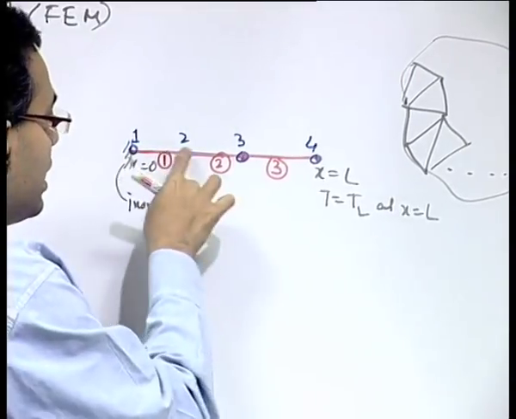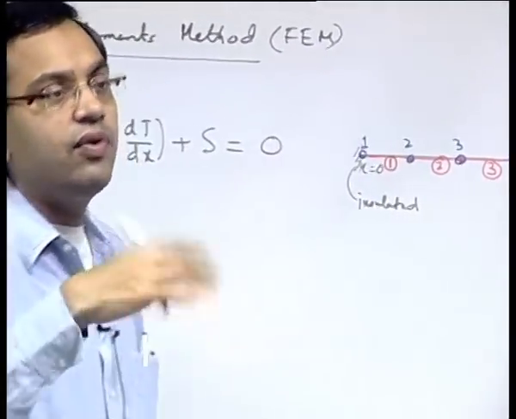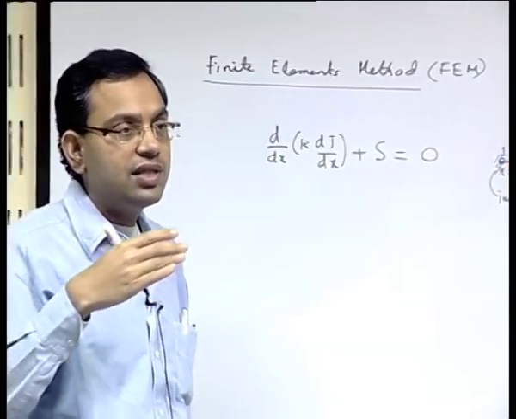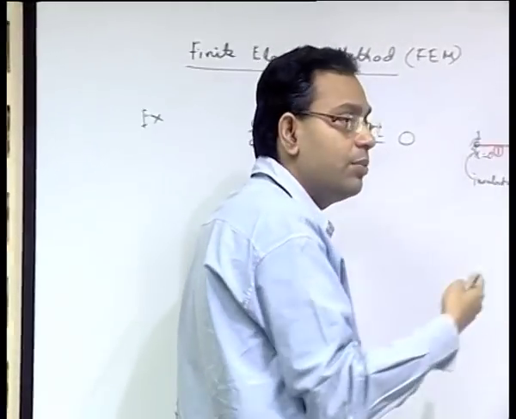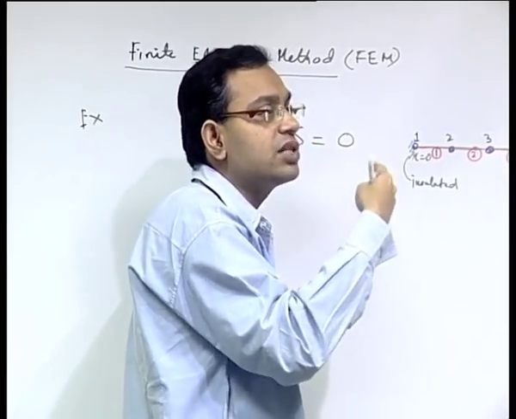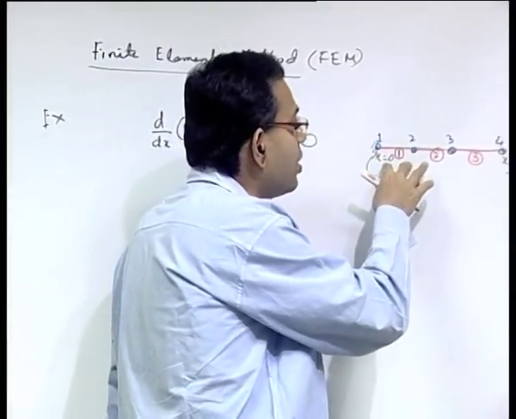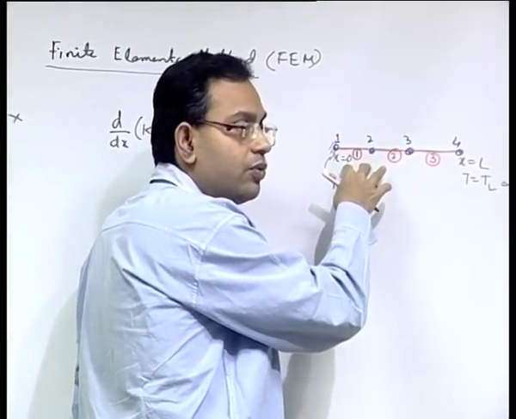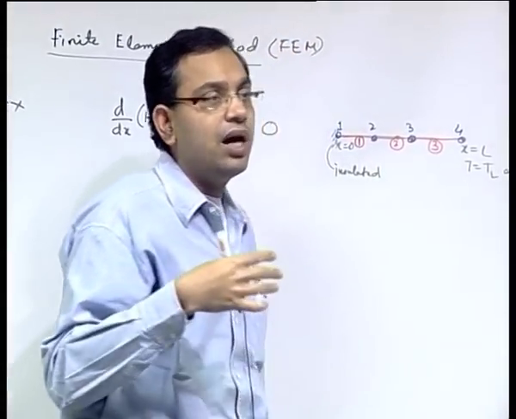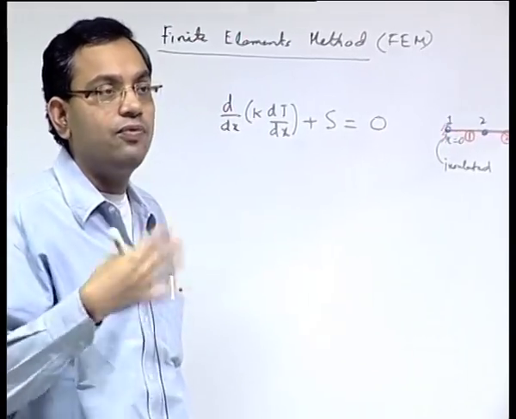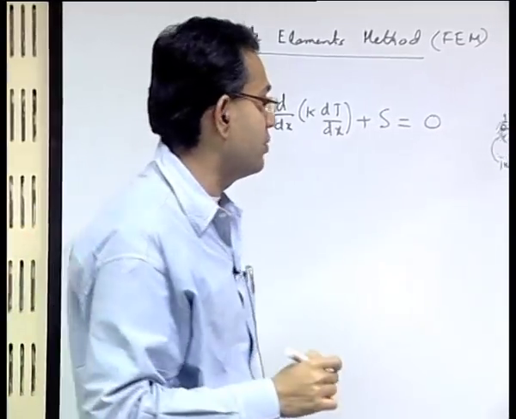Remember that it is not necessary that each element will have 2 nodes, each element can have whatever number of nodes, and we will see very soon that the more nodes each element contains, the higher and higher order approximating polynomial can be used for interpolating the dependent variable within the element. But obviously more and more nodes will mean higher computational expense, because you have to solve for the variable at those nodes. So, there is a sort of compromise that one looks for.